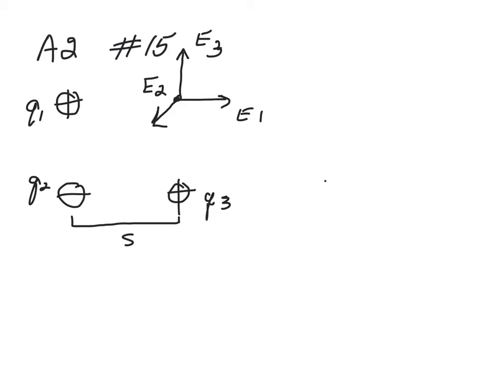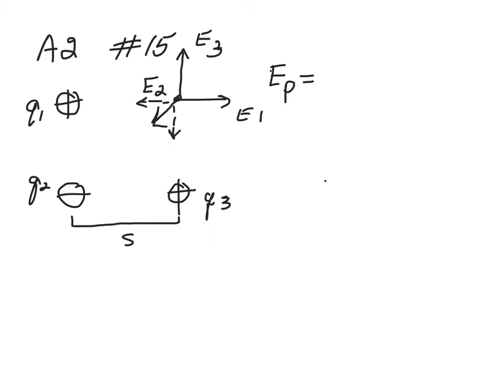So look at it, think, don't let me think for you. How are you going to add those vectors? And what you should be telling yourself is that along the x-axis you have an x component to E2 that's going to subtract from E1, and you have a y component of E2 which is down and going to subtract from E3. So that will give you the sum in the x direction and the sum in the y direction. And so the total vector at point P